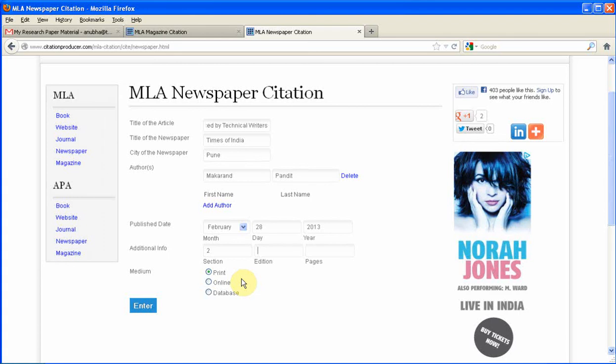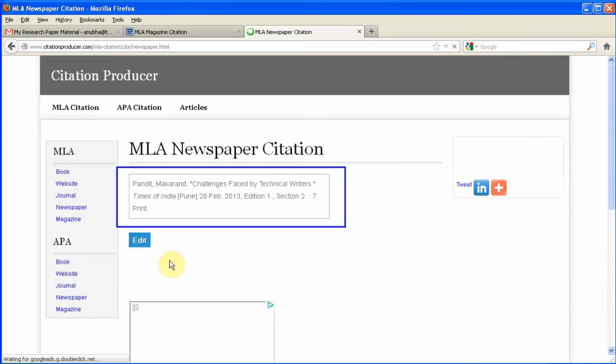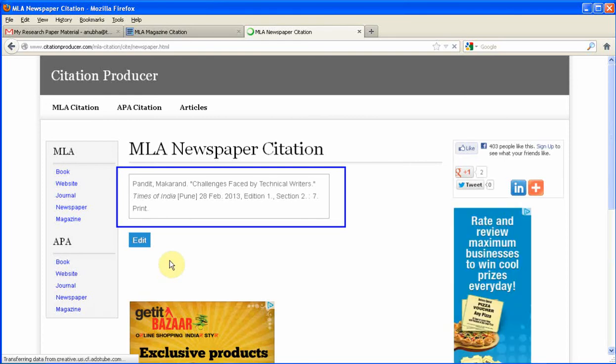Similarly, in the edition field, enter the edition number. Enter the pages in the pages field. Select the medium of reference by clicking the radio button corresponding to the desired medium. Click Enter. The citation is generated and displayed.